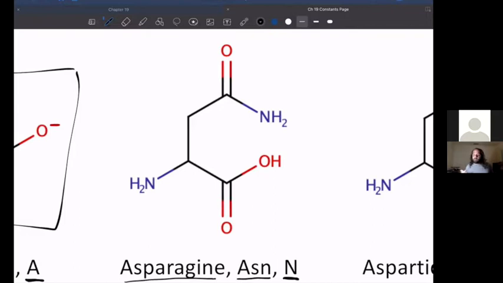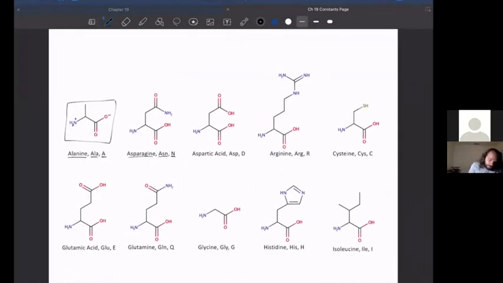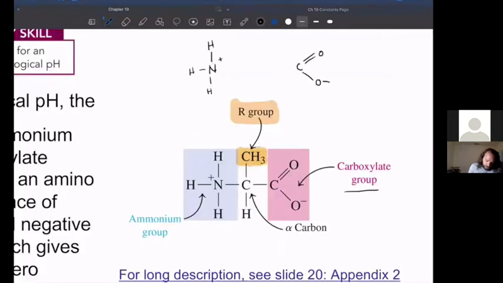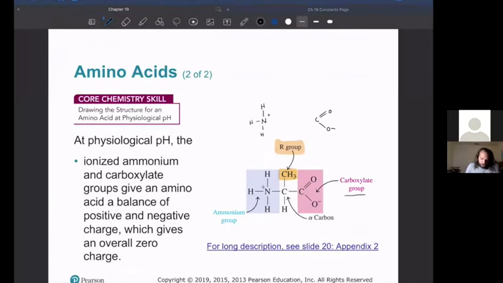Okay. So some of them are pretty obvious. They make sense. Other ones are a little bit more complicated. Again, I'm not expecting you to memorize these, but it is something to be aware of. It's not just the first three letters and then the first letter all the time. Okay. But yeah, we're going to go into these different R groups here in a second. But again, the charge state of the amine group as an ammonium and the carboxylic acid group as a carboxylate is really, really important. And again, the alpha carbon is what that R group is bound to.